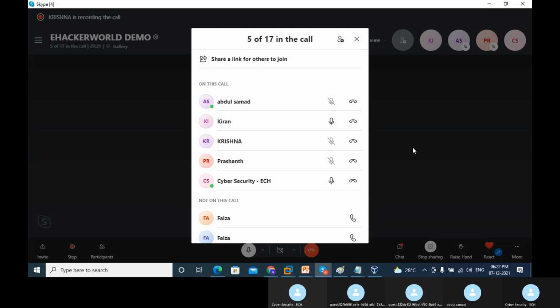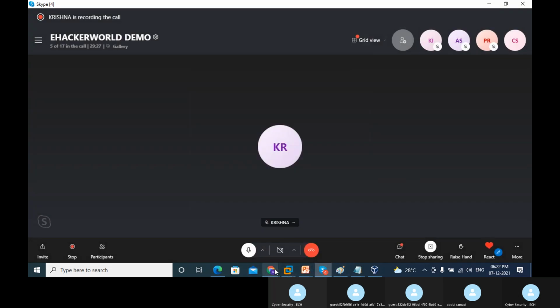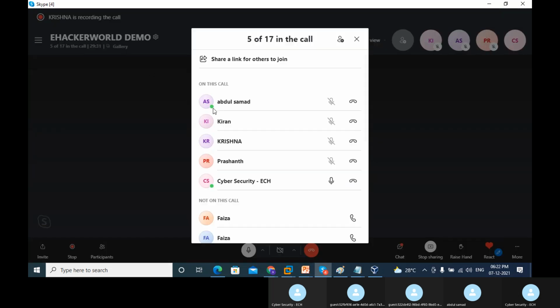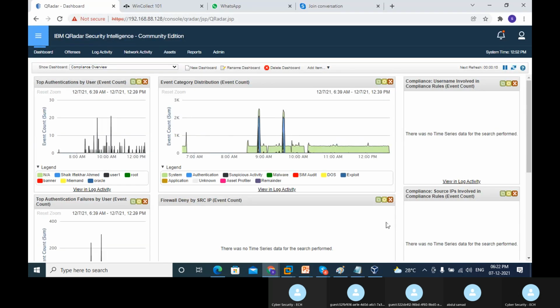It's a kind of blueprint of the company's project, showing what is required when working on it. So on the same blueprint, the tool which I showed you, you were there for the QRadar? No, sir, sorry, I did not join the class. Okay, as of now I'll give you an overview about this.